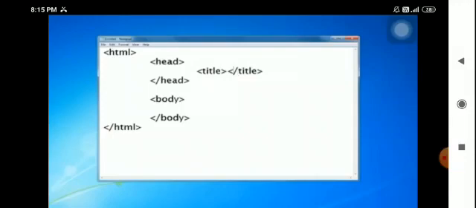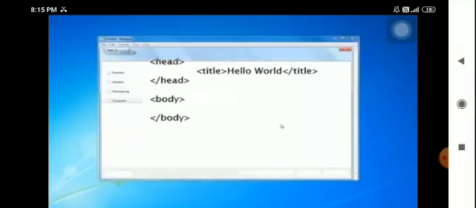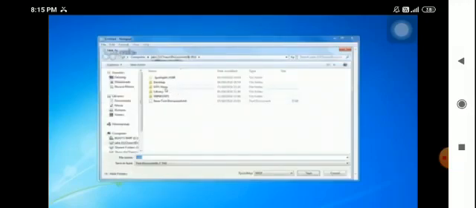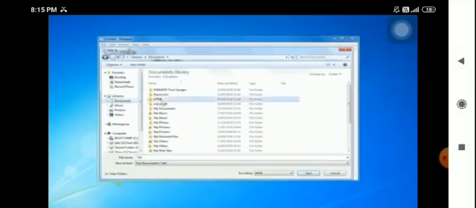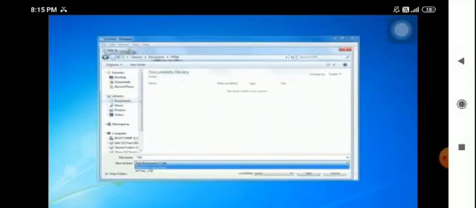If you save this now, it will ask for a file name. You can change the file name with the extension .html. Then open a web browser. We would get a blank page.